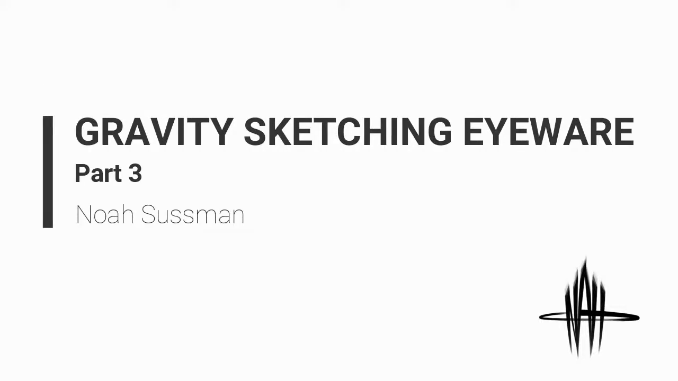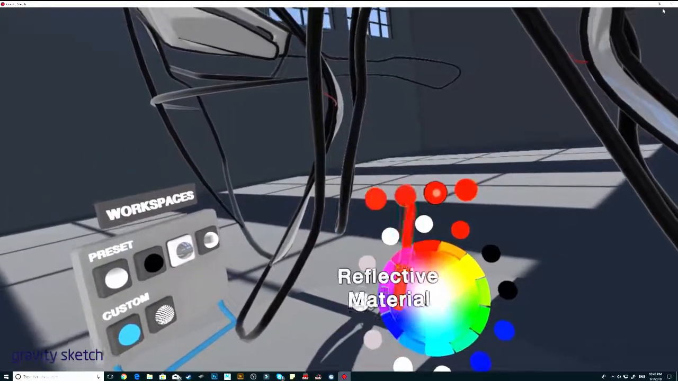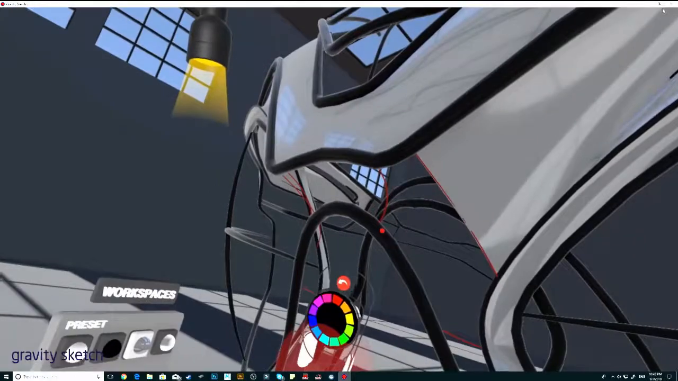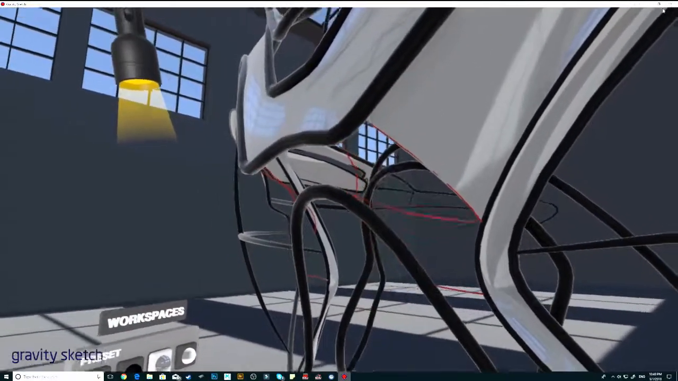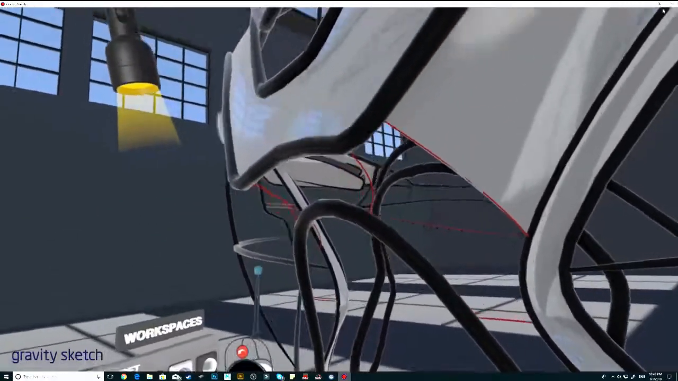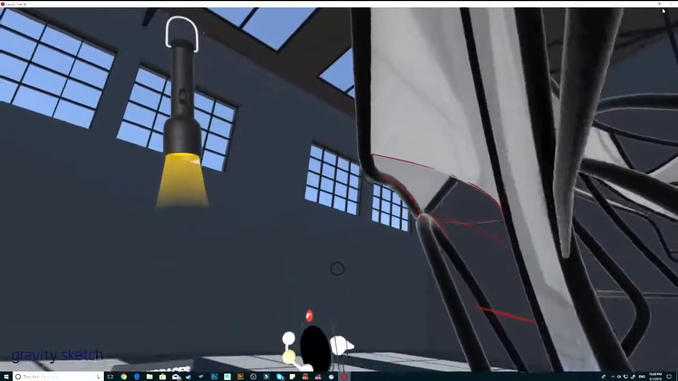This is Noah Sussman, and we're pulling some more surfaces over this 3D line sketch of this piece of eyewear. Hopefully you've seen the first 2 parts. If you haven't, basically I created a 3D line drawing, which you see here, and I've started pulling surfaces